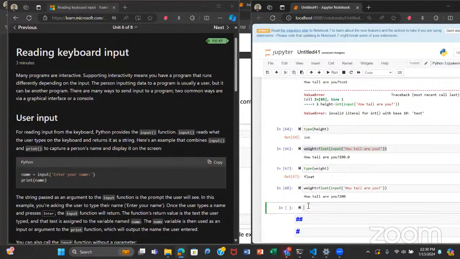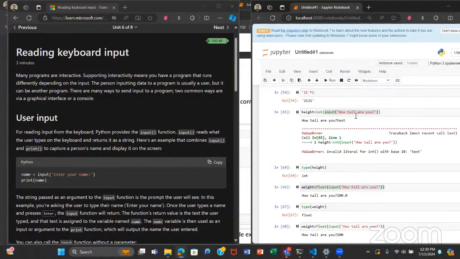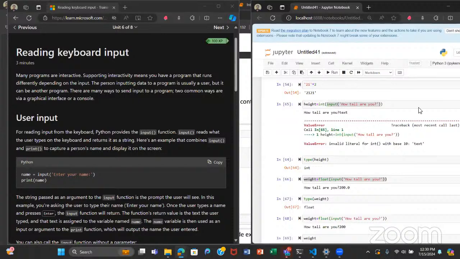The good thing whenever you use float is that as long as you put a number, even if the number is an integer, it converts it to a float automatically. With int, it only accepts integers. If it's a float, there will be an error. If it's a text, there will be an error.